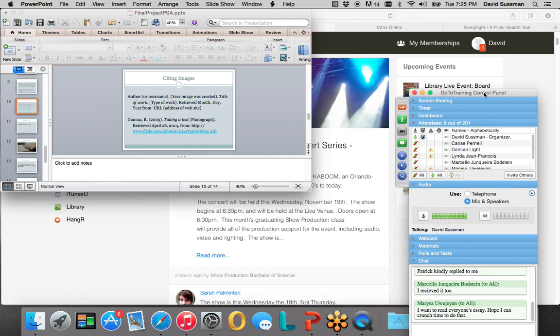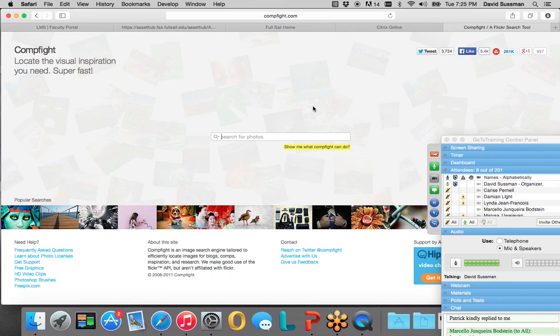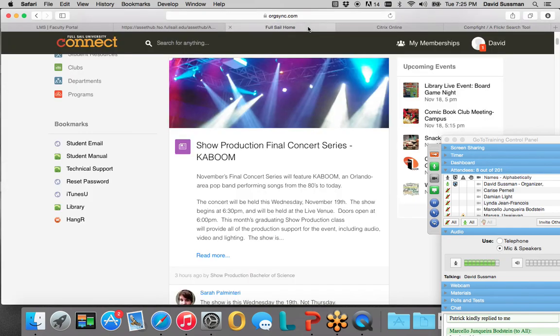So let me give a quick example of images, right? You should be taking your images from one of two places, either compfight.com, which is what I'm showing up here right now. Compfight is great because it's basically a Flickr search tool. If you use compfight.com, you'll find allowable images. Or you can use the AP Images database in the Full Sail library, okay?